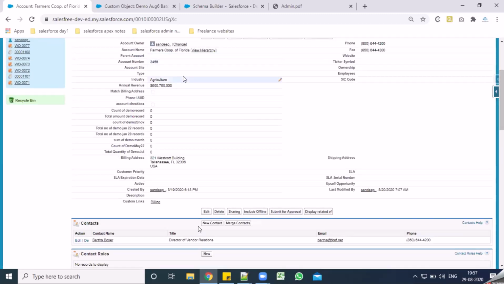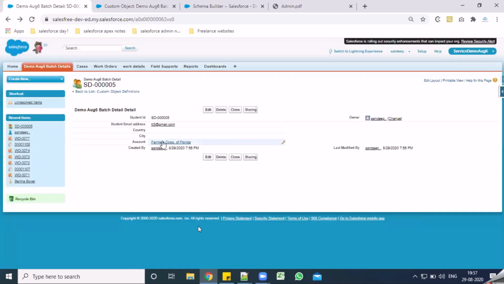All right. What I'll do is I'll basically do that process again. So what I've done so far is, just by creating this relationship, I'm tagging this demo object with this account. How was I able to do that? I was able to create a lookup field which is basically helping me tag this demo record with this account.